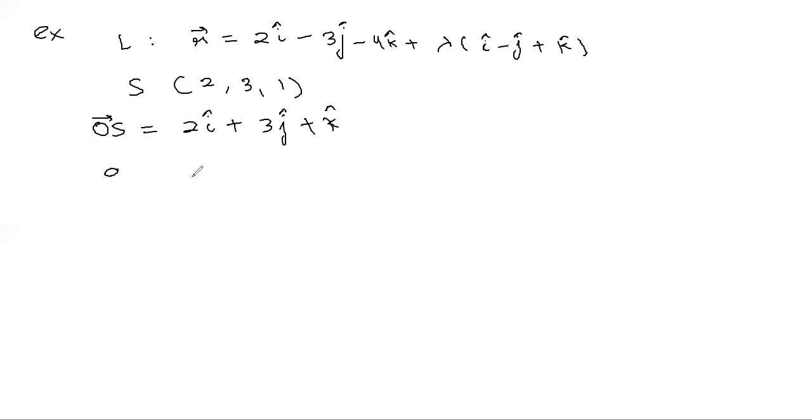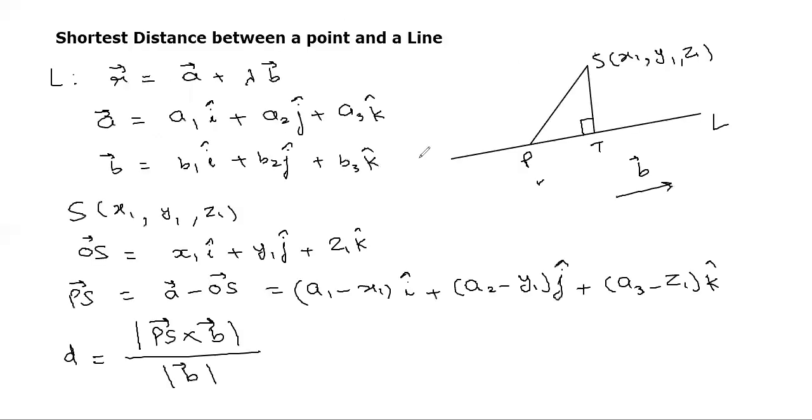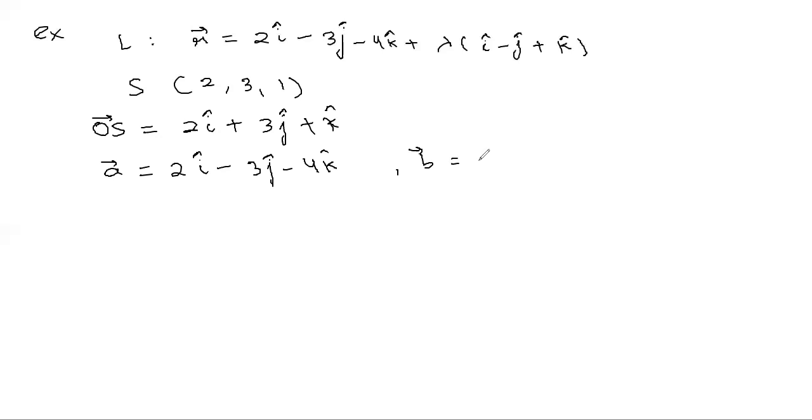Vector A is 2i minus 3j minus 4k, which is always representing the position vector of a point on the line. So it could be this point P, right? The vector B is the vector along this line, which here is i minus j plus k. First, we have to find vector PS, which is going to be